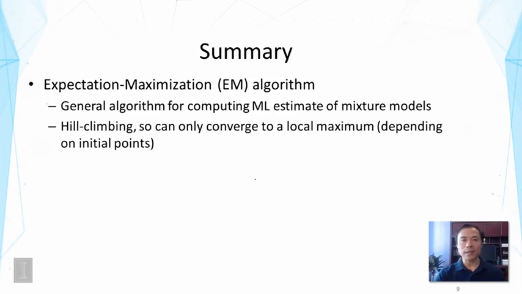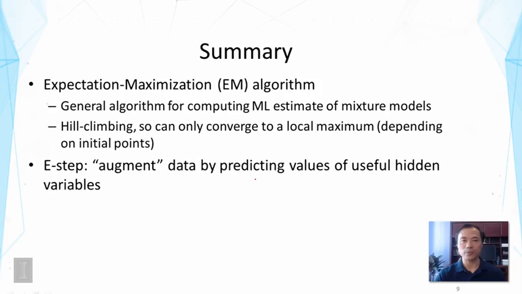To summarize, in this lecture, we introduced the EM algorithm. This is a general algorithm for computing maximum likelihood estimates of all kinds of mixture models, so not just for our simple mixture model. And it's a hill climbing algorithm, so it can only converge to a local maximum, and it will depend on initial points. The general idea is that we will have two steps to improve the estimate of parameters. In the E step, we roughly are augmenting our data by predicting values of useful hidden variables that we would use to simplify the estimation. In our case, this is